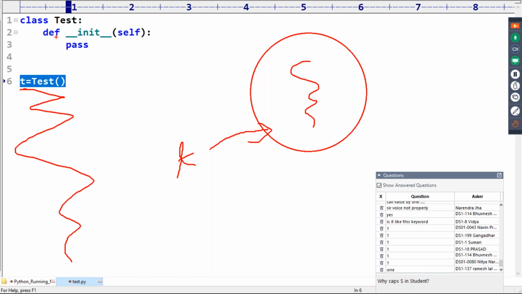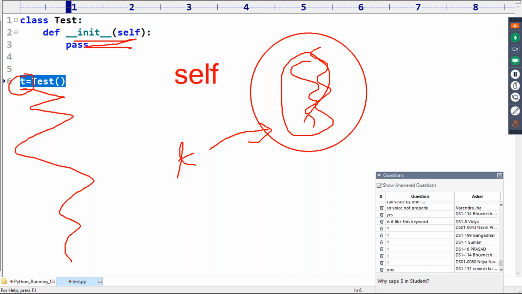But within the class, t is not available. Within the class, how can I access the data of this object? To refer to this current object, one variable is required. That variable itself is nothing but self. Now self is pointing to the current object.